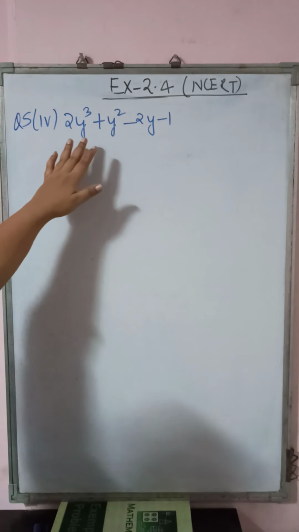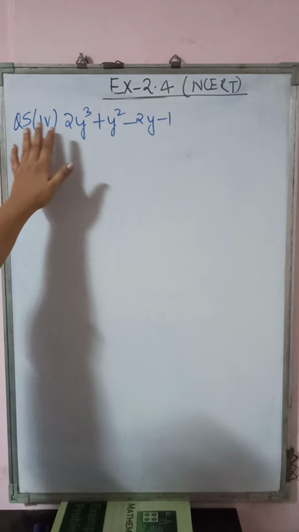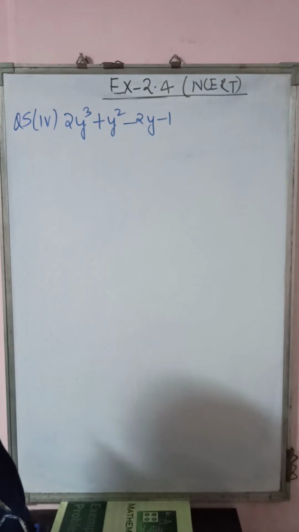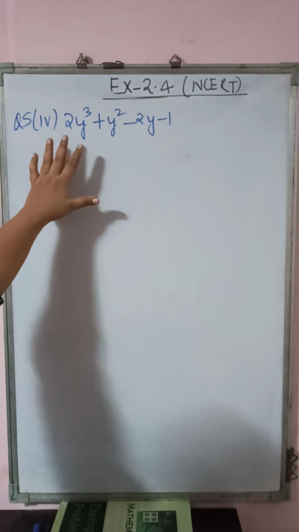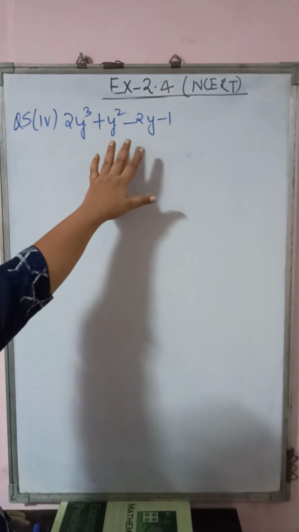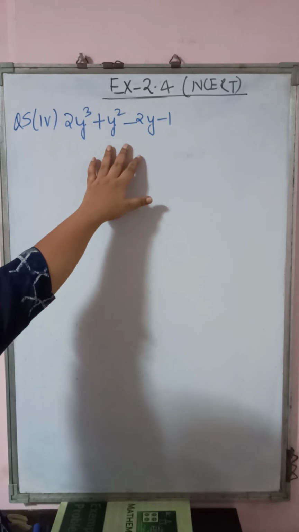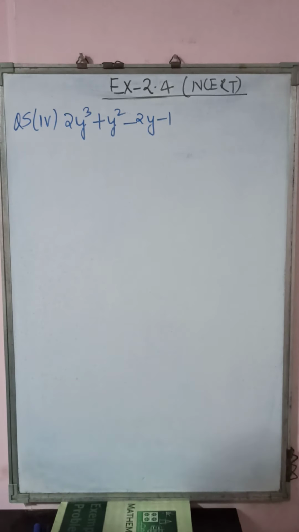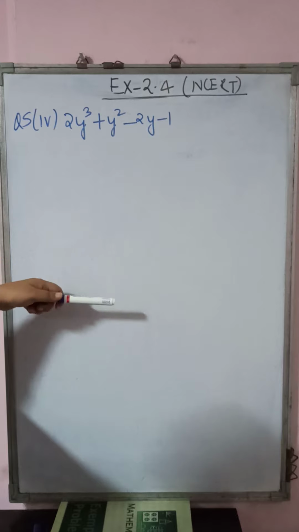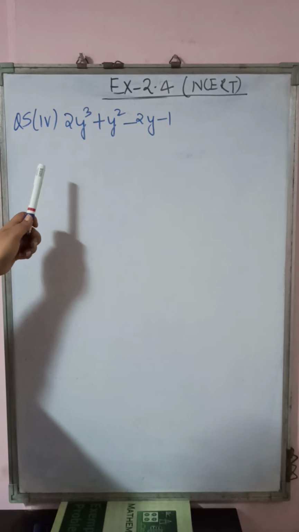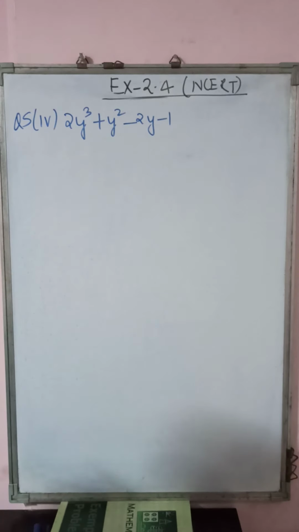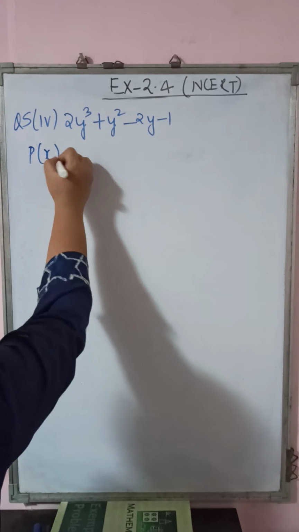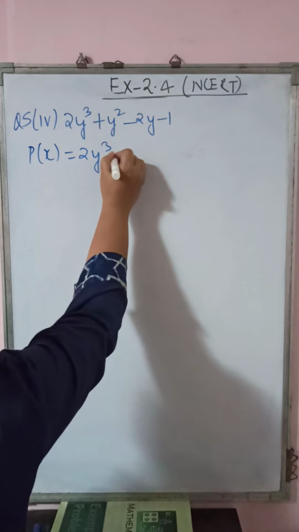Okay children, this is question number 4, question number 5, fourth part. Now listen to one thing. Till now I have explained one method to factorize a cubic polynomial. Now this question I am going to explain by a second method, but that method is not applicable to all cubic polynomials. The method I am going to explain depends on grouping of common terms, where you can find something common. Now for example, this is a given polynomial.